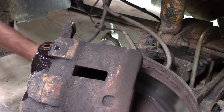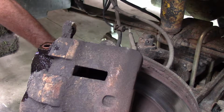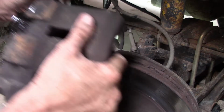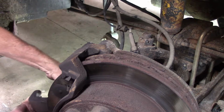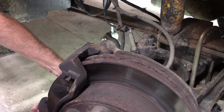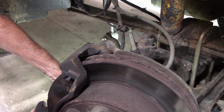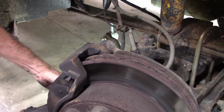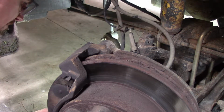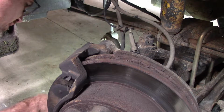Okay, there's that off of there. The pan to drip. Drain the fluid out of this caliper. Now what I will do with this off once it's drained, I am going to try and compress this one more time